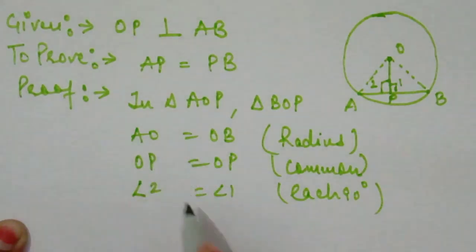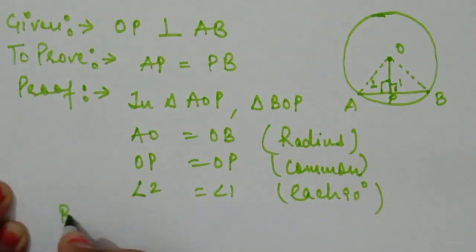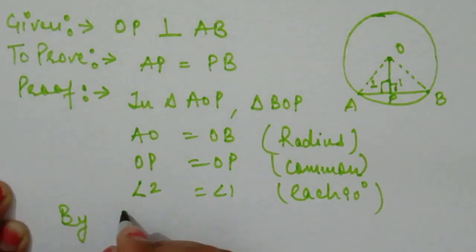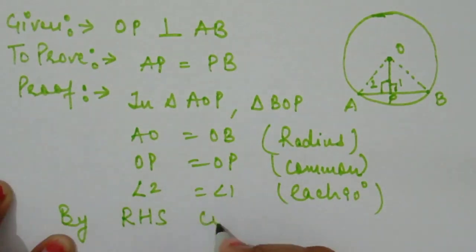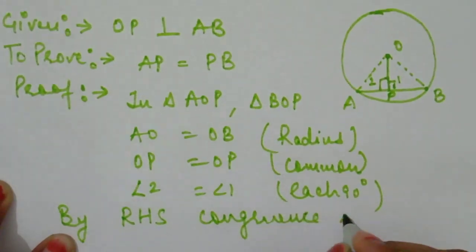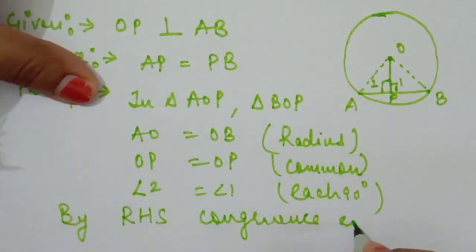Now we are applying which congruence rule? By RHS: right angle, hypotenuse and the third side. By the RHS congruence rule, we have